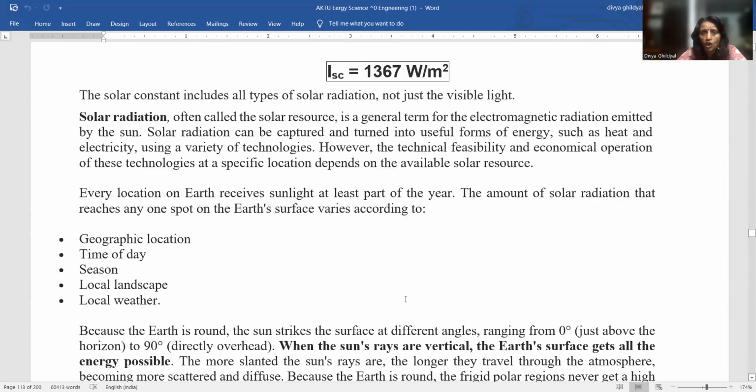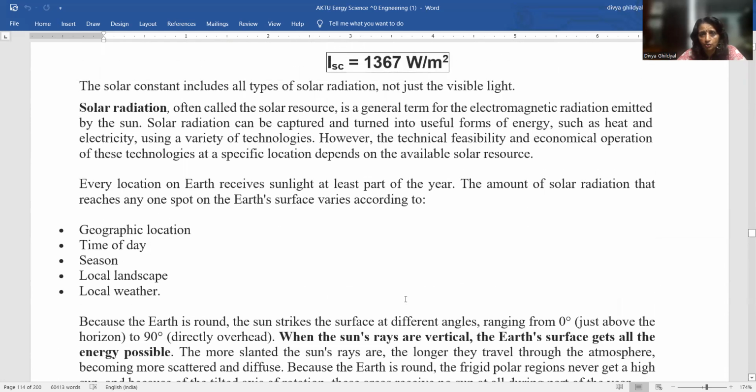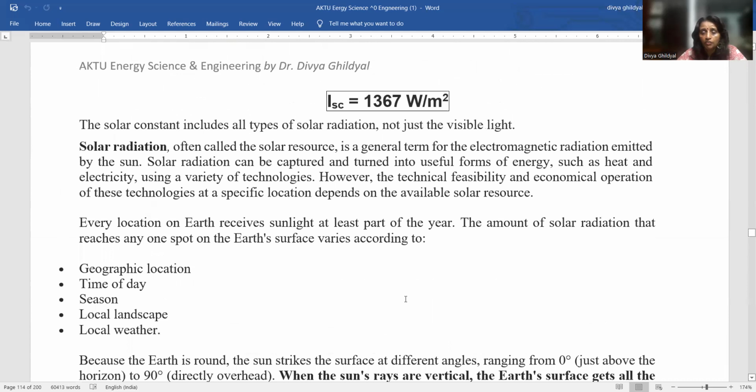Solar radiation, often called the solar resource, is a general term for the electromagnetic radiation emitted by the sun. Solar radiation can be captured and turned into useful forms of energy, such as heat and electricity, using a variety of technologies that have come up in the near future. Also, there are many more technologies coming up, which are becoming a very good alternative source for